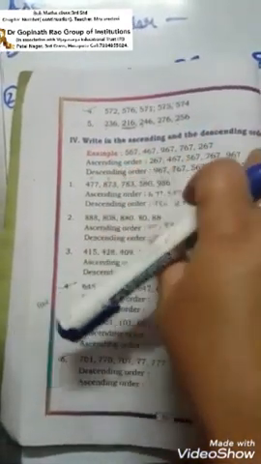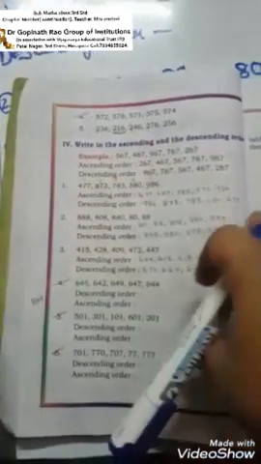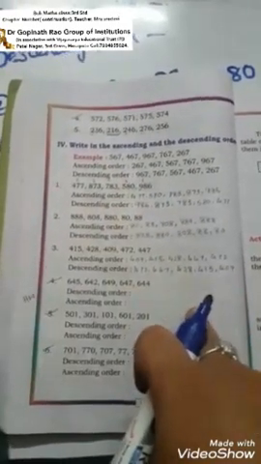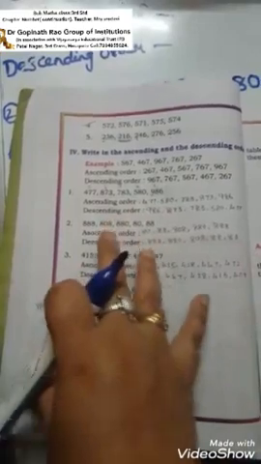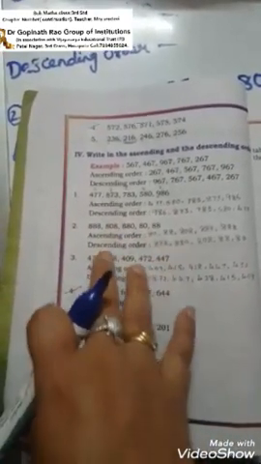Write in the ascending or descending order. Ascending order in the sense smaller number to the bigger number. See, from 1 to 10, it is nothing but an ascending order, means smaller number to bigger number. Descending order in the sense bigger number to smaller number, means 10 to 9. If we take from number 1 to 10, then ascending order is 1 to 10. Descending order is 10 to 1. Okay.